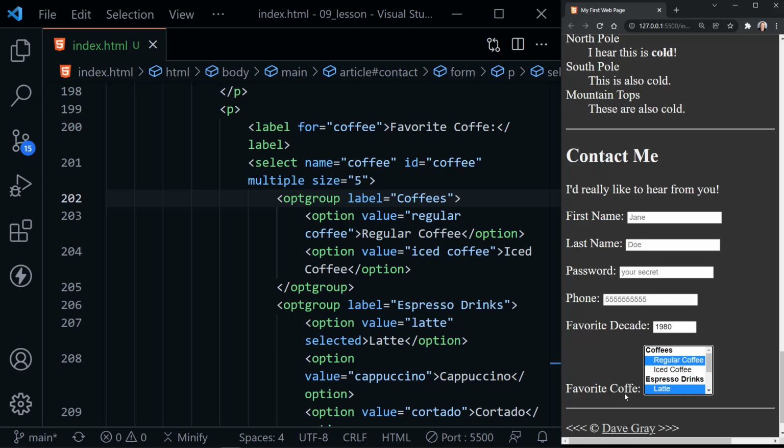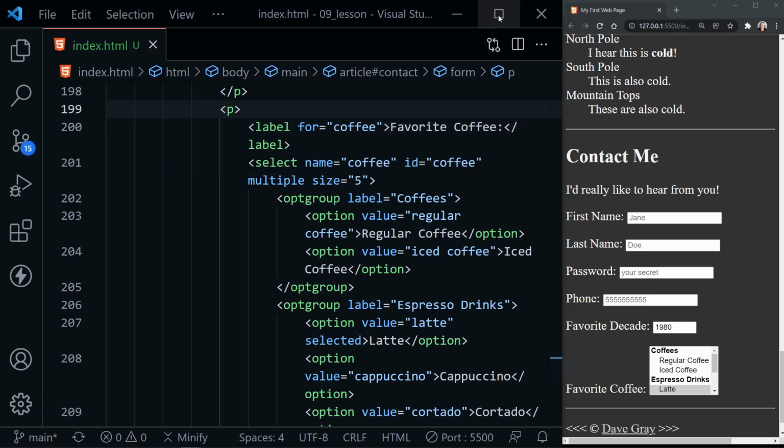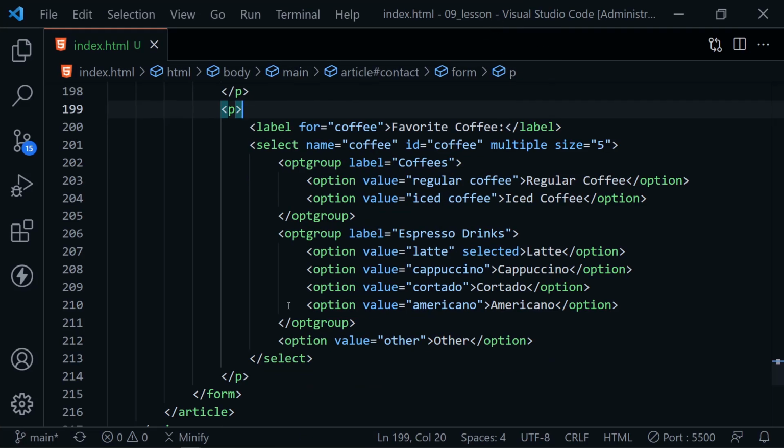And I just noticed my typo in the label where I only have 1 E in coffee, so I better fix that. Put the other E in at the end of the word and save. Okay, I'm going to expand Visual Studio Code once again. Now this looks nice on our page and it allows us to select more than one coffee, and that's great,